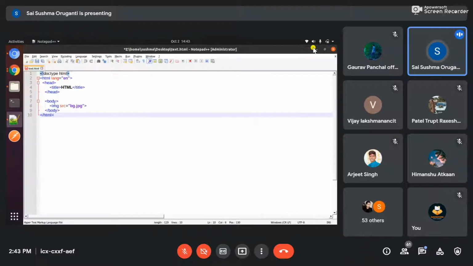See how to do that. This is our basic HTML structure, right? Head, title, body. The doctype describes this whole file as an HTML document, and it tells the browser that this is an HTML file. You have to display the content in the HTML file, and the extension of the saved file is also .html.